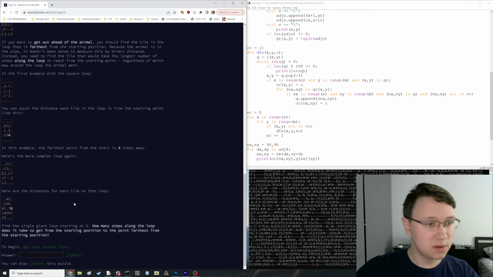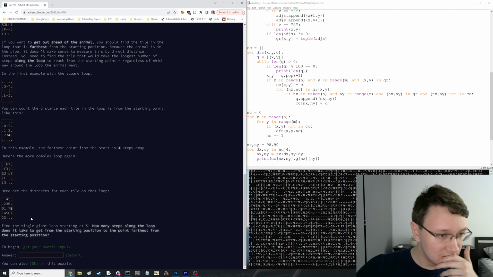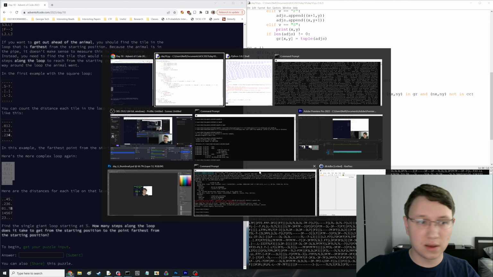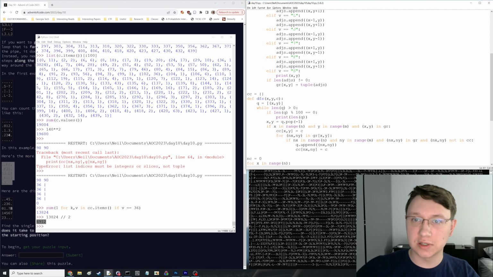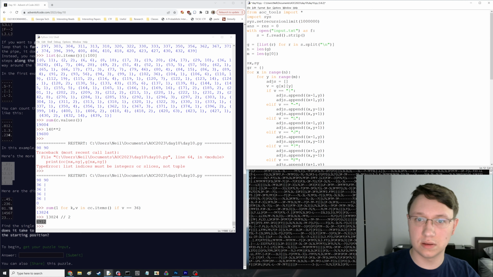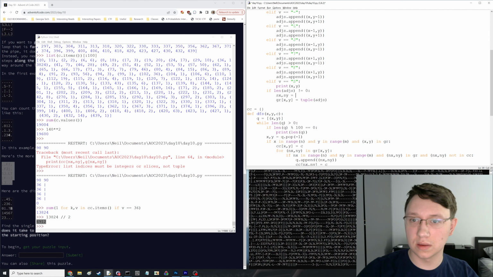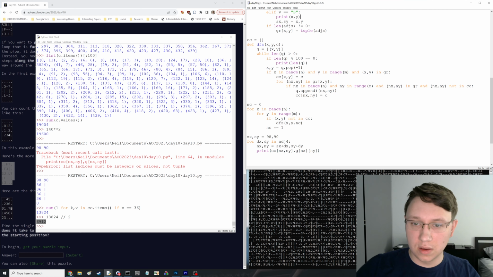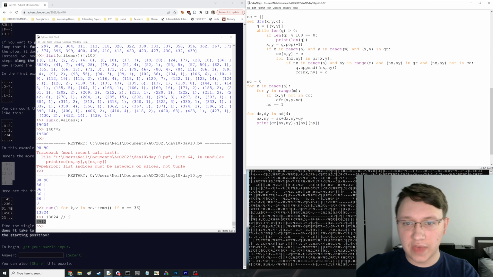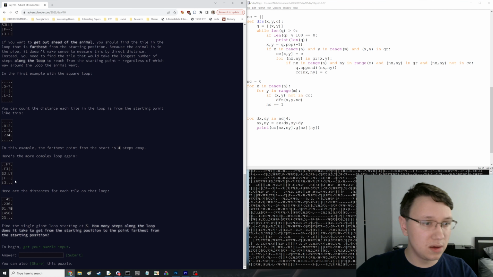No. Oh. The distances for each tile on this loop. How big is this loop? Okay, so this should just be... this is silly, but... okay, now I have that. And then